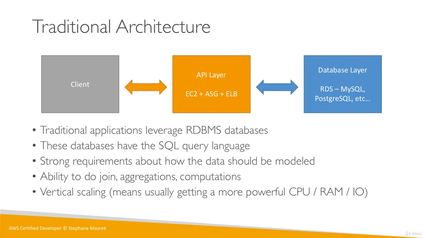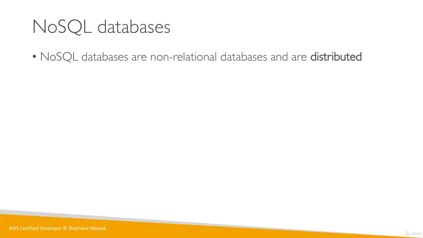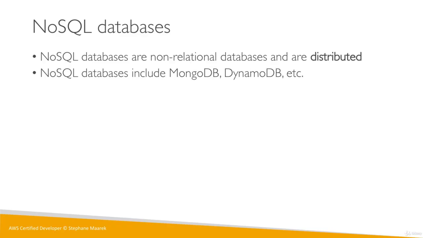But there's a new type of architecture that is emerging, which is called NoSQL database. Now, just to be clear, NoSQL doesn't mean not SQL, it means not only SQL databases. And so what does that mean? That means that they're non-relational databases and they're distributed. So this is a stark difference with the relational databases that we had to have one and scale vertically. These ones are non-relational, so we can't do joins, and they're distributed, so there's going to be some kind of horizontal scaling. These databases include the very popular MongoDB, but also for the cloud, DynamoDB.